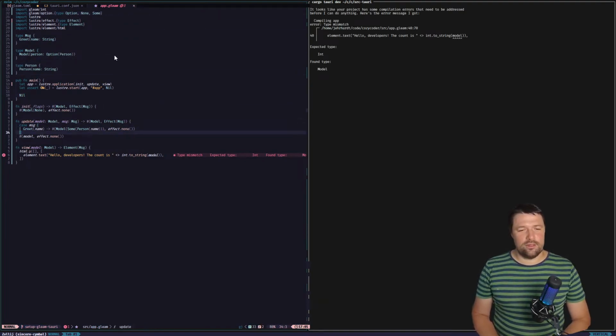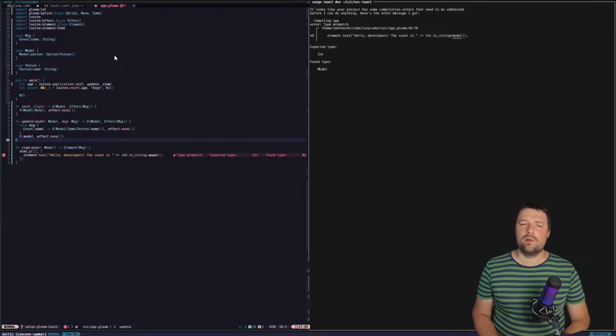I like the Lustre for the Gleam formatter actually. It's such a great thing if this just formats automatically. I really love that. Okay, so we have now created a model with a person in it. We are returning this now, and we are having this one here, which is of course